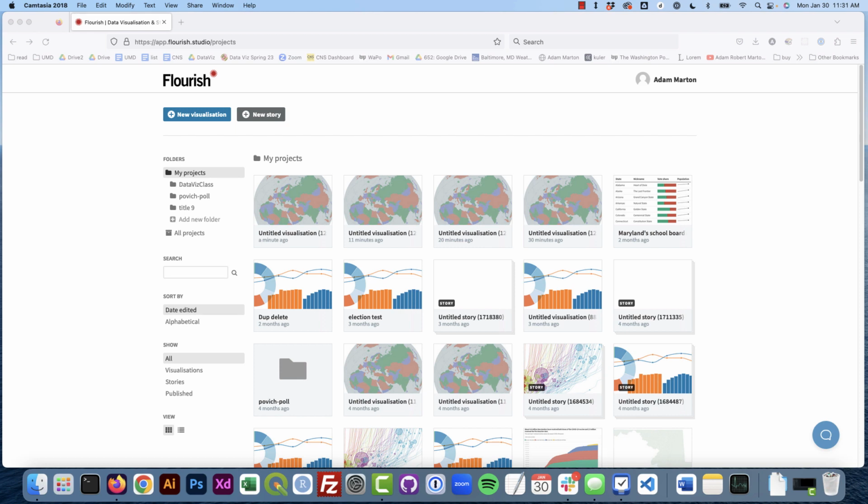Today I'm going to show you how to make some maps using Flourish Studio. So let's go ahead and get started. To do this, we're going to make a couple kinds of maps. We're going to make a point map, we're going to make a choropleth map, and then we'll make a combination